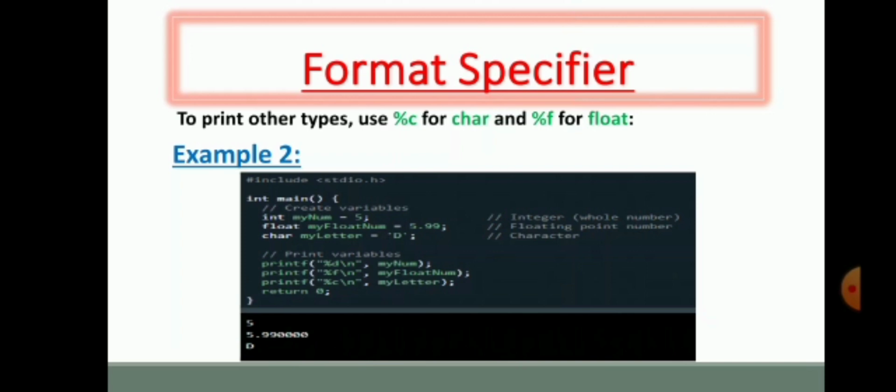और इस तरीके से आप चेक करें, यहाँ पे आउटपुट आया हुआ है। फर्स्ट वन दैट इज़ ऑफ इंटीजर दैट इज़ 5, उसके बाद 5.99 दैट इज़ ऑफ फ्लोट वेरिएबल, उसके बाद d दैट इज़ ऑफ कैरेक्टर वेरिएबल। आउटपुट।